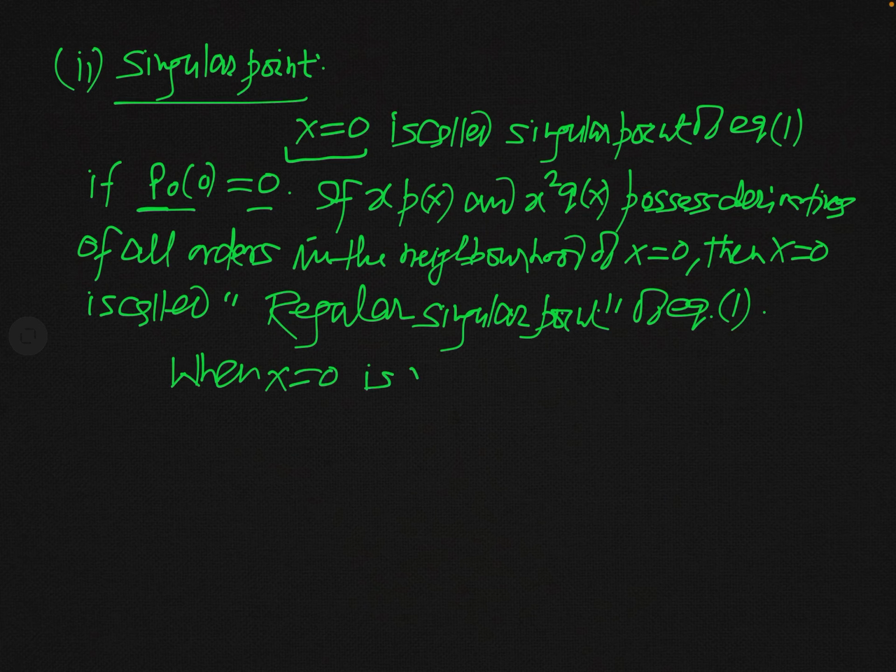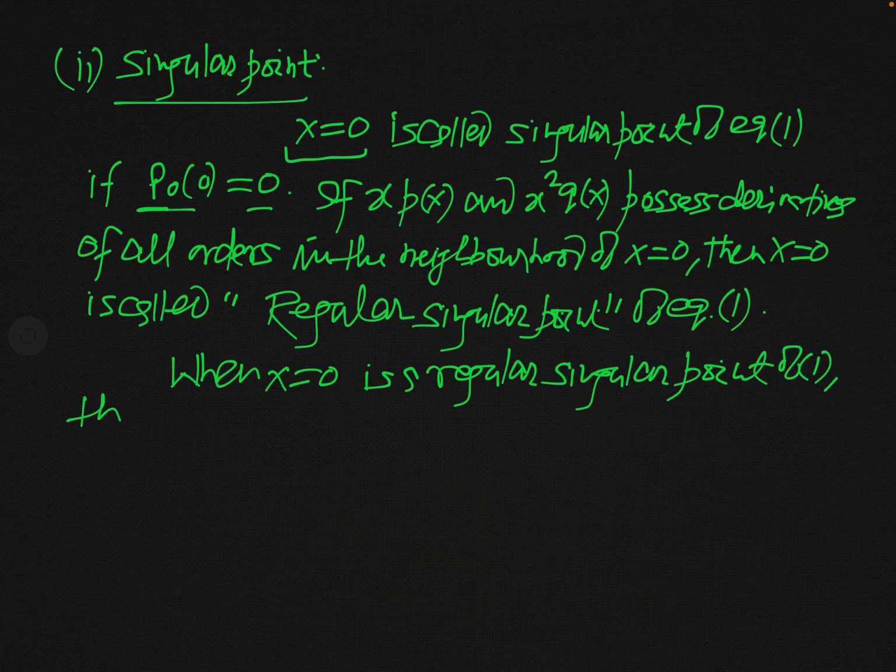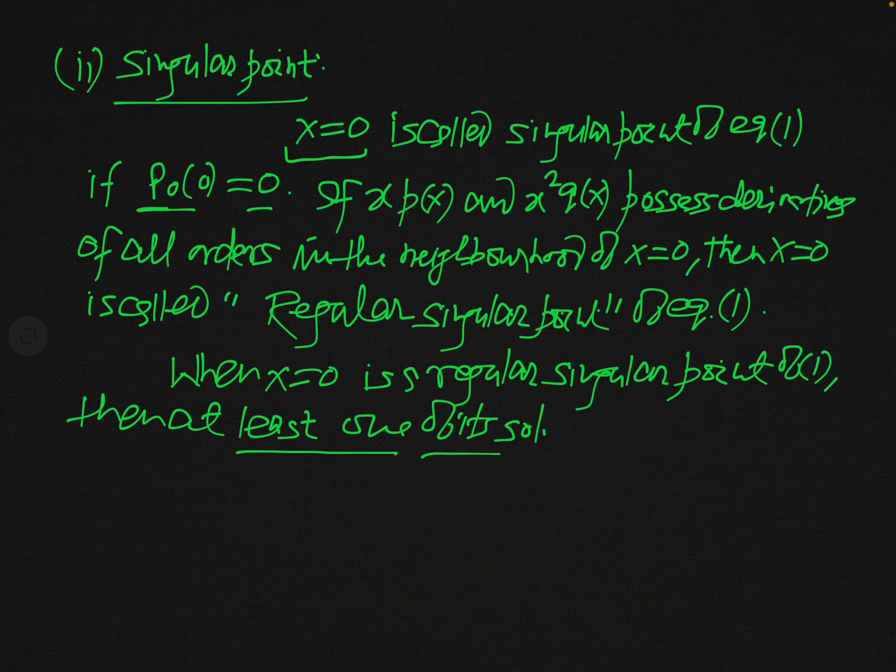So you can see when x equal to 0 is a regular singular point of equation 1, then at least one of its solutions, remember, at least one of its solutions, not all of its solutions, one of its solutions